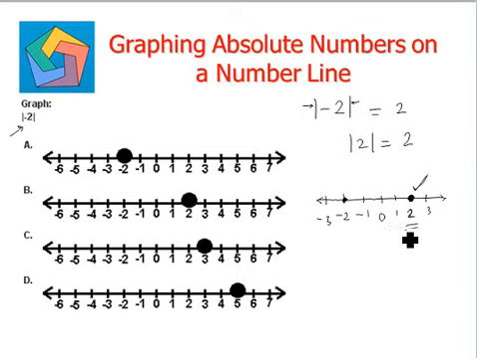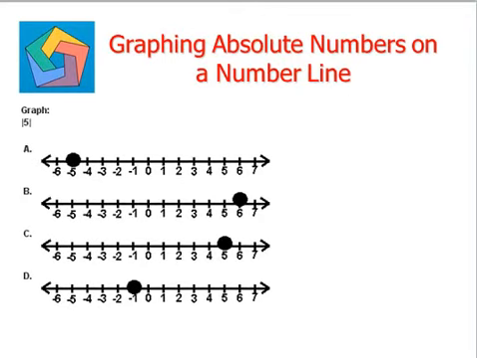This can be seen in option B. We have to be careful again that we see that it is at a positive number, not at the negative as indicated in A. This is an incorrect representation of the graph. B is the correct option. Let's move on to the next question.